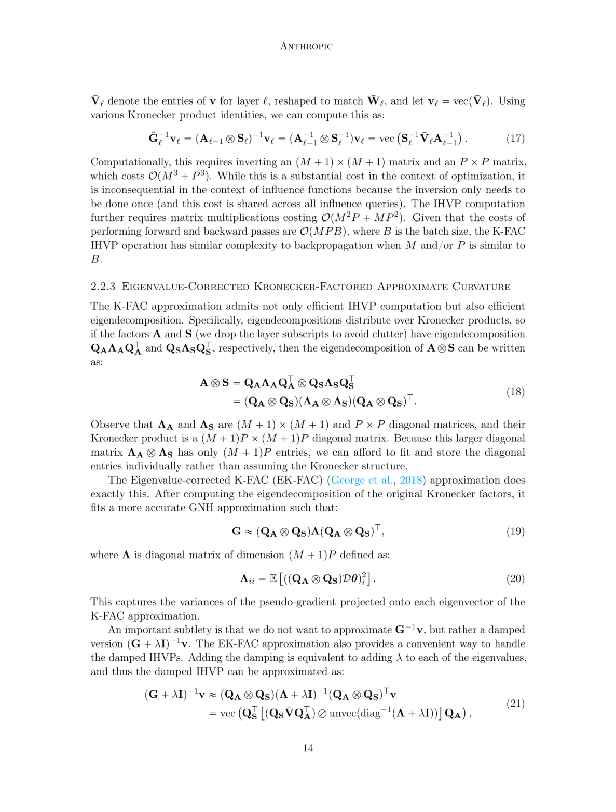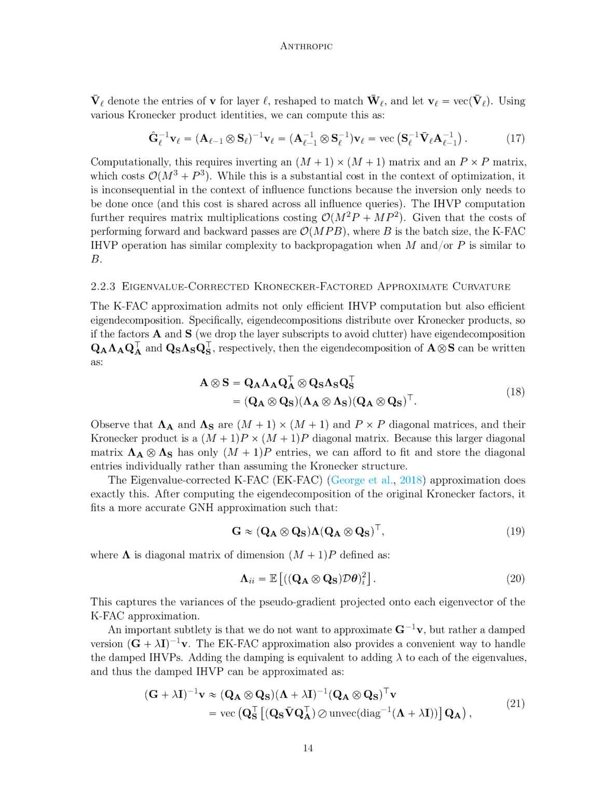Diagonal matrices and eigenvalue-corrected EK-FAC. Here, we note that the eigenvalues Λ_A and Λ_S are diagonal matrices, and their Kronecker product results in a larger diagonal matrix. Since this larger matrix only has (m+1)p entries, we can individually store its diagonal elements. The eigenvalue-corrected EK-FAC approximation does this exact thing. After computing the eigendecomposition of the original Kronecker factors, it forms a more accurate approximation. This captures the variances of what's referred to as the pseudo-gradient, related to each eigenvector of the EK-FAC approximation.